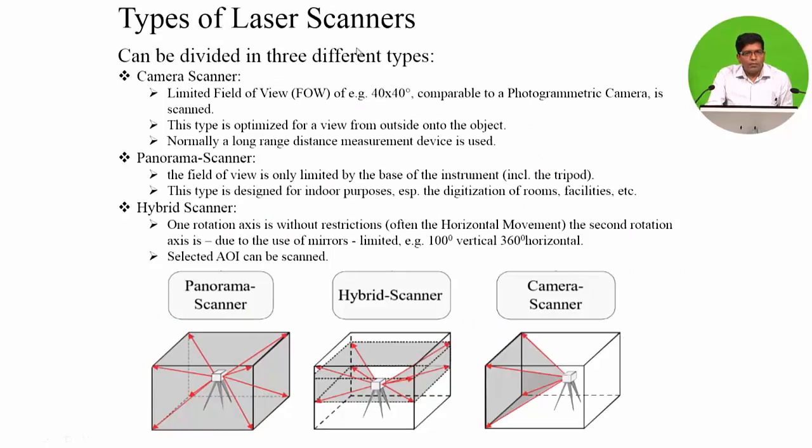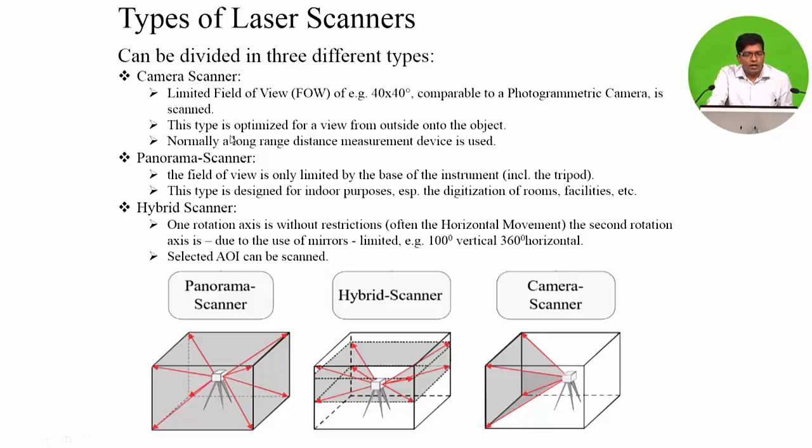And coming to the types of the laser scanner, we can have 3 types of laser scanner. One is a camera scanner, panoramic scanner and a hybrid scanner. Camera scanner is very much similar to our normal camera, where we have a limited field of view, like we can have a field of view of 40 degrees by 40 degrees in vertical and horizontal, and which is very